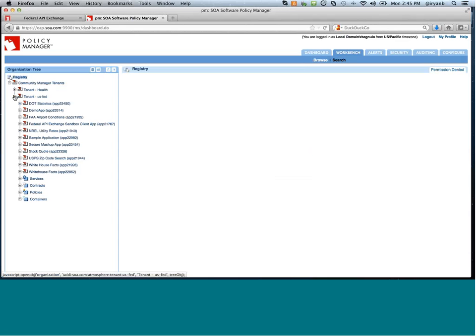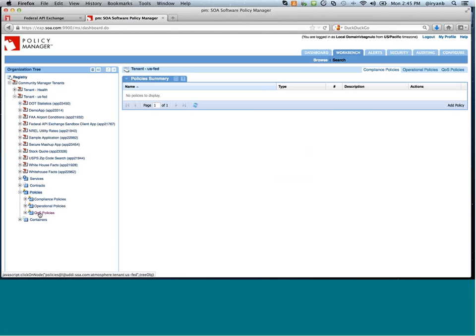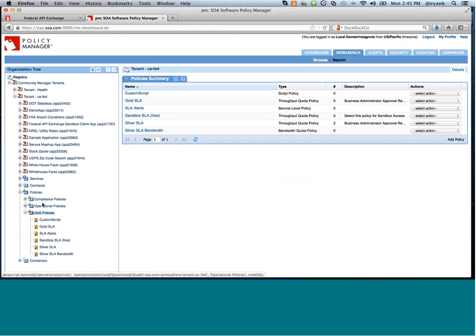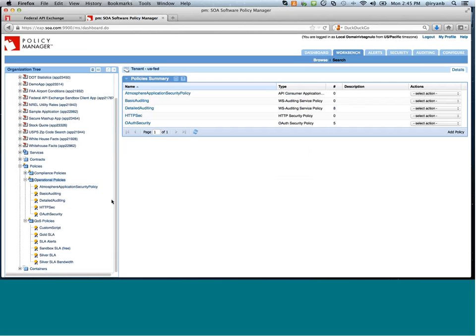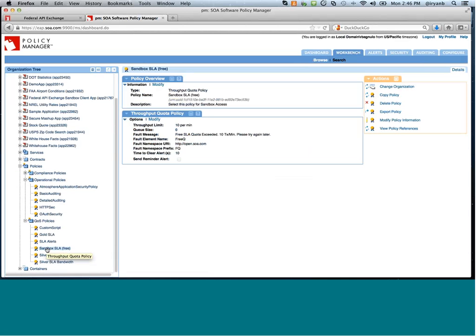Upon logging on to Policy Manager, we can review policies that are attached and make changes to policies that are attached by going to the Policy section, where we'll see the policies that are in the system that are available to be connected to APIs. The operational policies are attached at an API level, and the quality of service policies are attached at an application level. So we just attached the Sandbox SLA policy to this